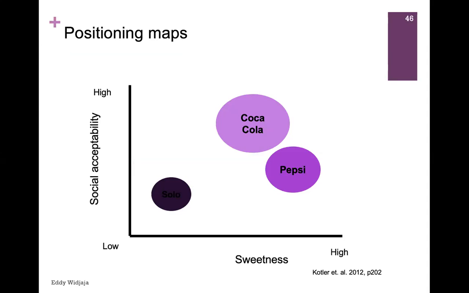Think about BMW and Mercedes, for instance. If you put in quality and price, they captured high price, high quality, and then when you want to launch a new brand and you want to be higher than that, then you need to define your strategy. What are the attributes? What are the key features from product strategy, for instance, that you need to deliver in order to be better in terms of high quality? So you need to be higher in terms of quality and higher in terms of price as well.